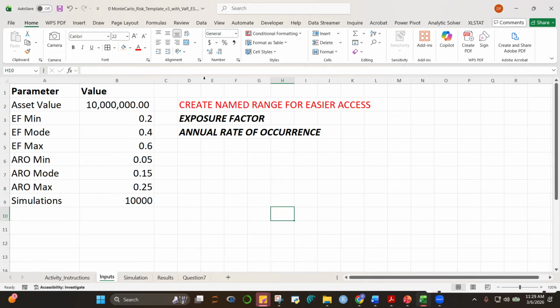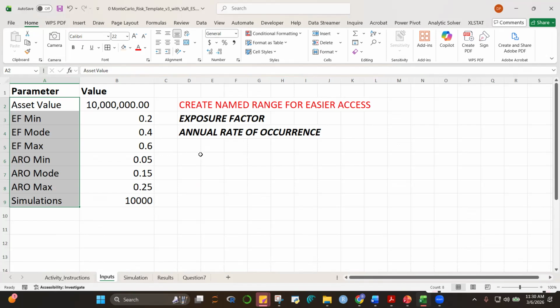You can see that I'm at F1. And notice here, this is the name box. It will tell you this is F1. So each of the cells has a name. They are special names. For example, K9. So you can't use K9 in any other cell anymore because that's a special name. So what we can do is, for example, use asset value as a name for this one, and it's conveniently placed beside the number.